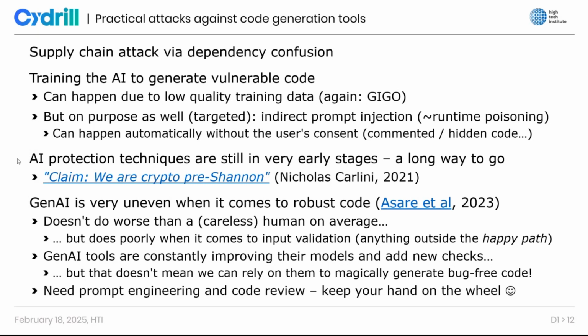And as I mentioned, many of these attack techniques have a much easier time than the defenders. It's an unfortunate fact in security that it's easier to break something than to make something unbreakable. I mean, this is generally true for most systems. But for AI specifically, the protection techniques are still in kind of early stages. They exist, but they're not as strong as you would like.